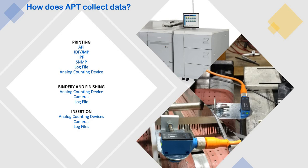As you move into the bindery and the finishing environment, that's where we start to leverage things like analog counting devices and log file transfers, which you can see the analog counting devices here on the right. We essentially can put these pieces of equipment in to track sheets, to track gears on particular pieces of equipment,